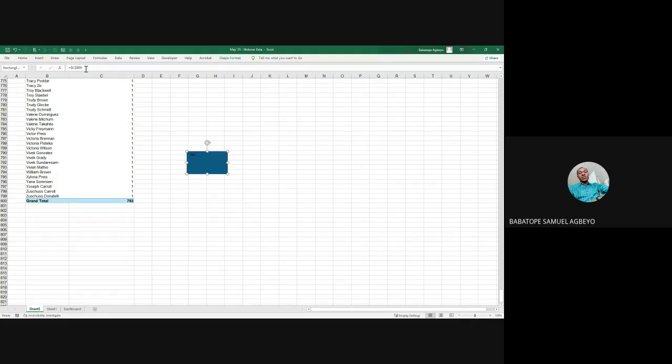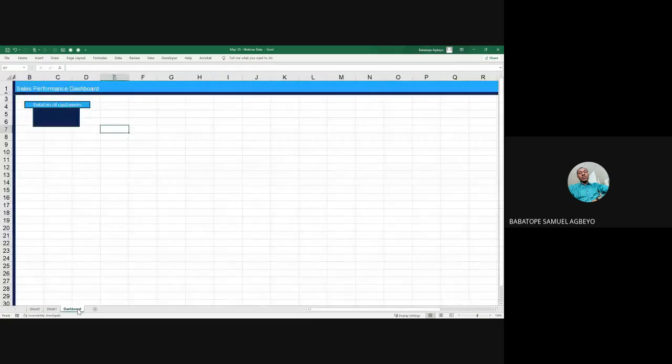Now, if you observe, what I have in my formula bar is C800. If I cut this and take it to my dashboard and paste it here, you see that there is nothing showing, because the C800 on this particular worksheet is not the same as what I have on the dashboard worksheet. So I'm just going to undo this. The trick around this